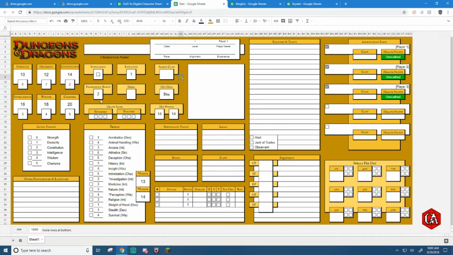Now, proficiency bonus, you'll see that there is a formula here, so you're not going to add this manually. Its formula actually pulls from your level up here. So rounding up, AL2, which is where your level is, divided by 4, plus 1. So essentially what that does is as you level up, it's going to automatically calculate your proficiency bonus. So once you get to level 5, you'll see that it divides it by 4 and then adds 1. So your proficiency bonus goes up to 3 as it should,